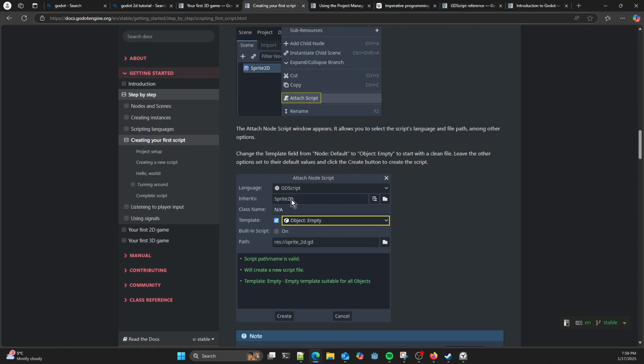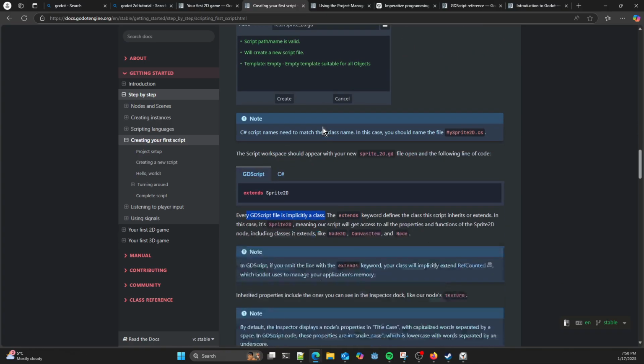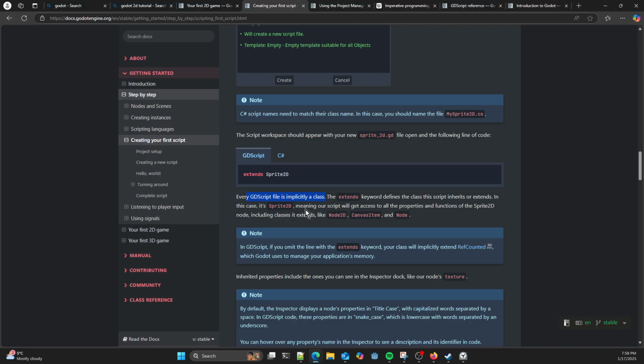So our script will get access to all the properties and functions of Sprite2D, including classes it extends, such as Node2D and CanvasItem.